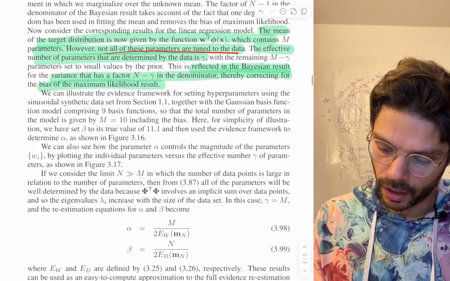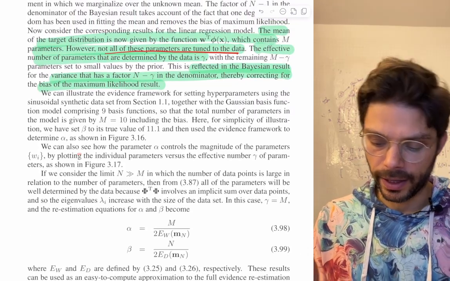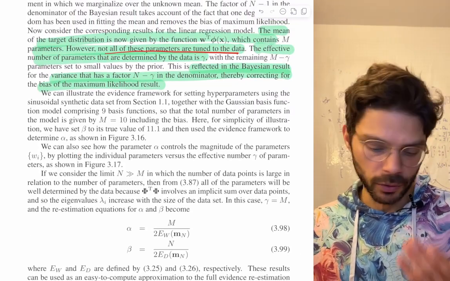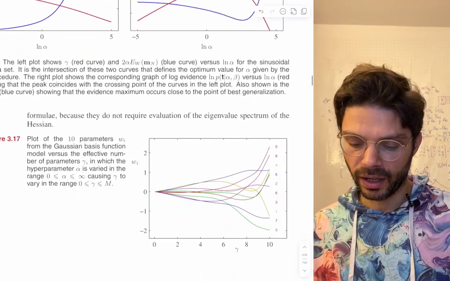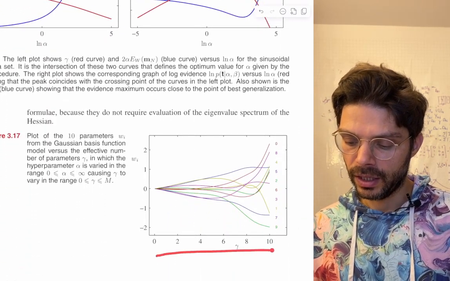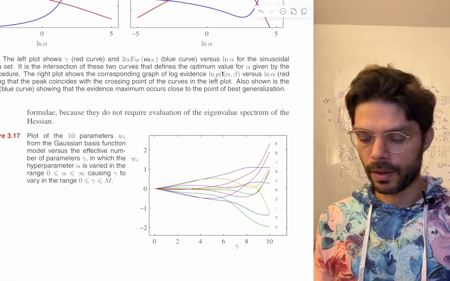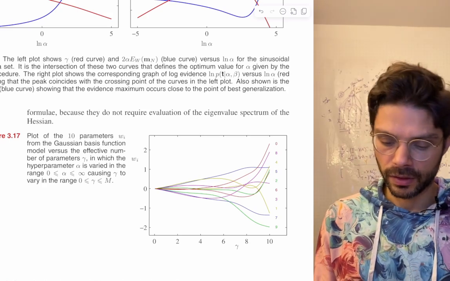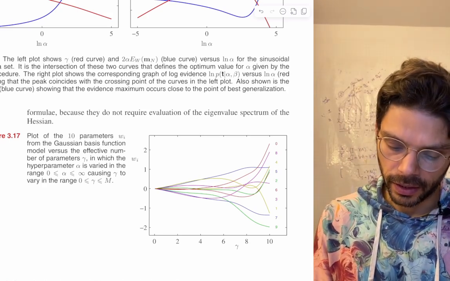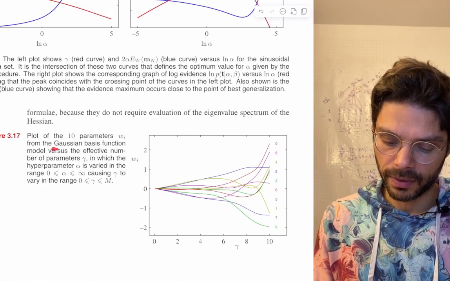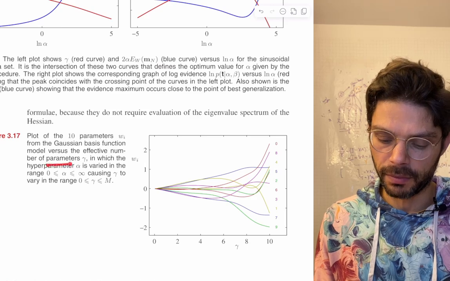Okay, so that's kind of what he's talking about here. We also see one other piece that he talks about. In this particular figure, he is changing alpha and then correspondingly gamma. So he says, okay, plot the 10 parameters from the Gaussian basis function model versus the effective number of parameters